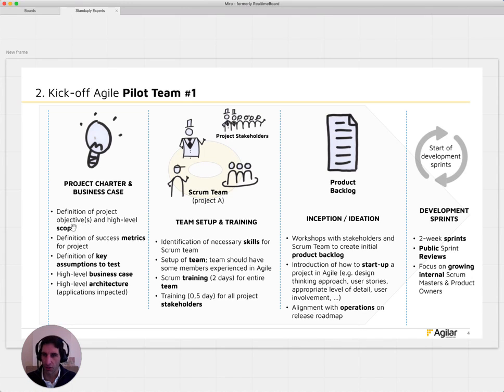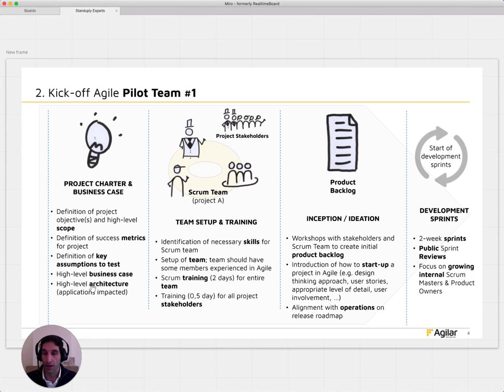So we need to figure out the scope, define the metrics of success of this project, right? What are the key assumptions to test? Let's say we went through some workshops to figure out what it is that our customers don't have, what challenges they have, what questions, what hypotheses we have as a team, what things we want to tackle, right? So what are those assumptions that we want to test? And then we need to get this high-level business case. I don't want a very deep business case, but a high level. Say, okay, if we do this, we should see that, and something of that sort.